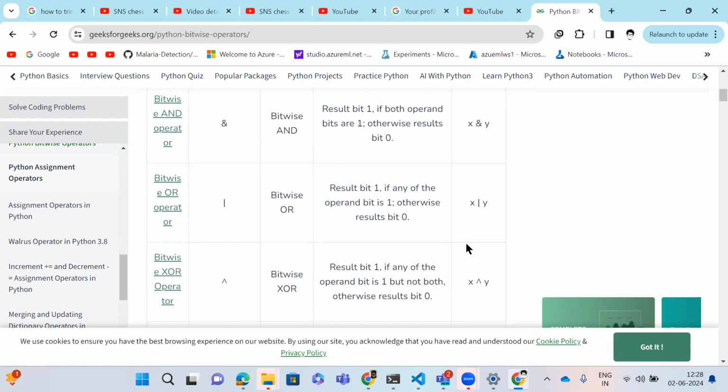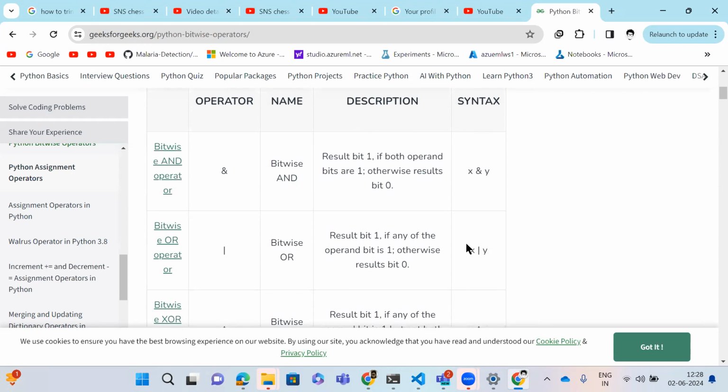Basically, we would have AND gate, NOR gate, NAND gate, XOR gate. So in Python also we have these logics, and behind the scenes they